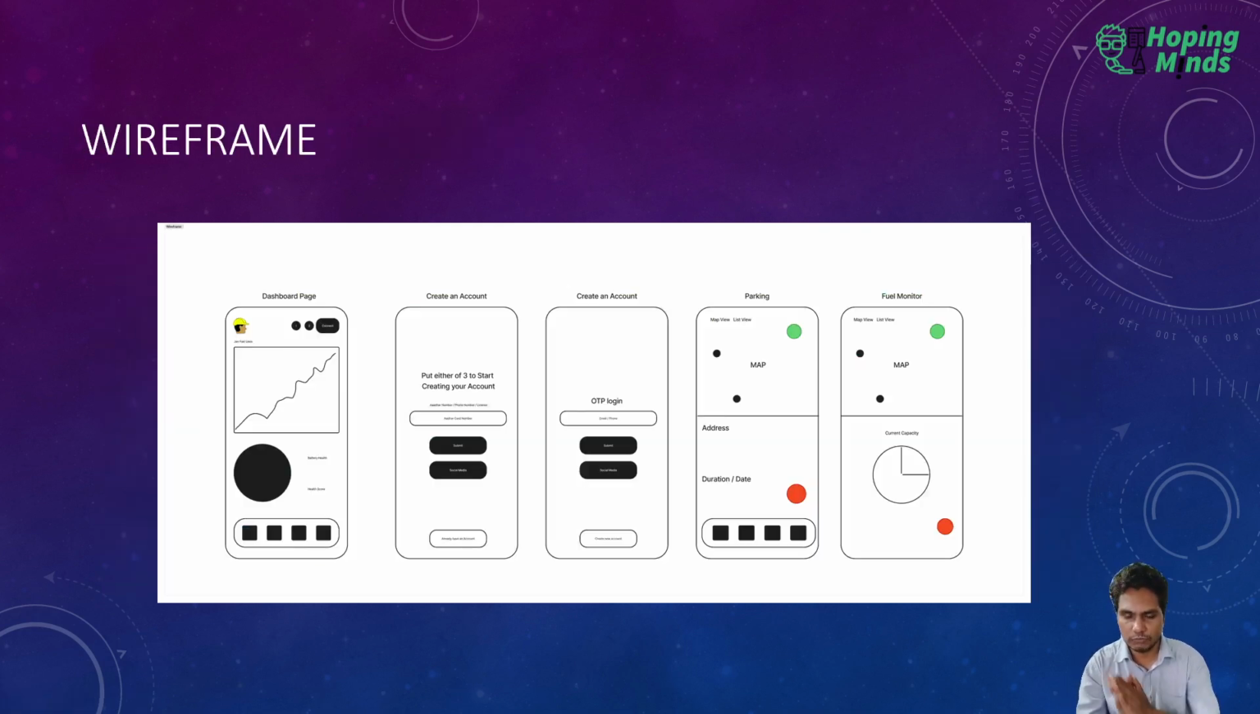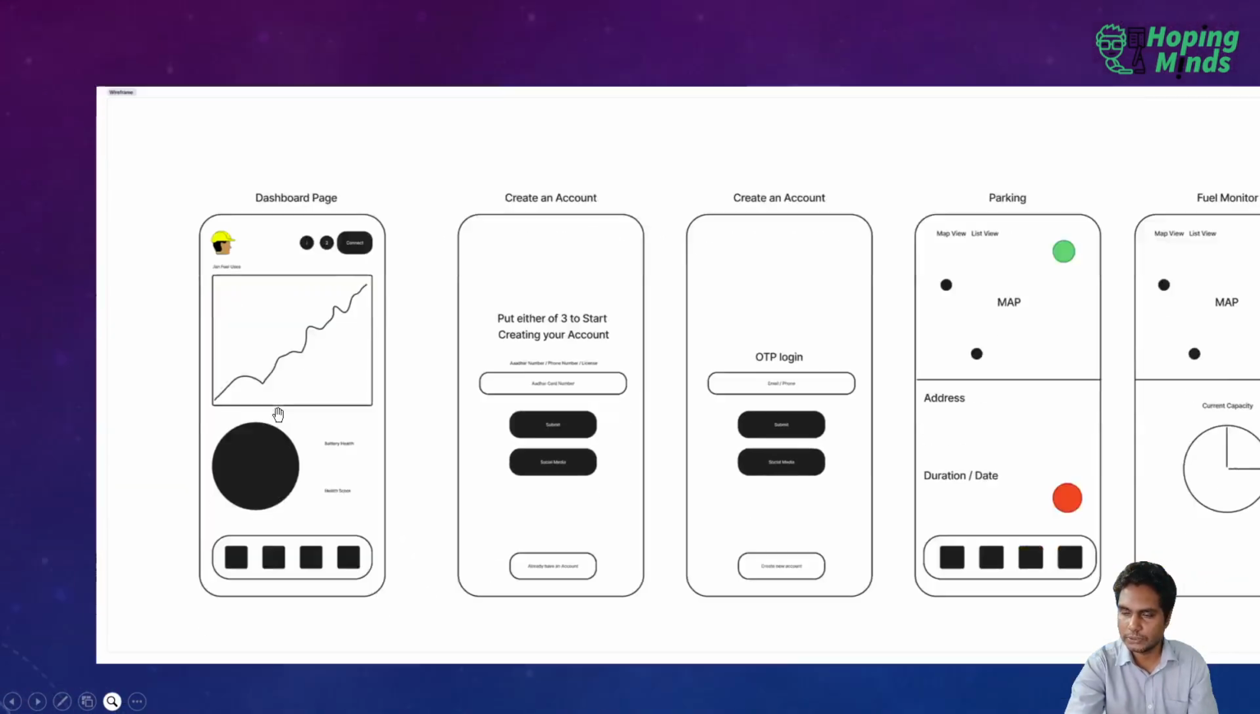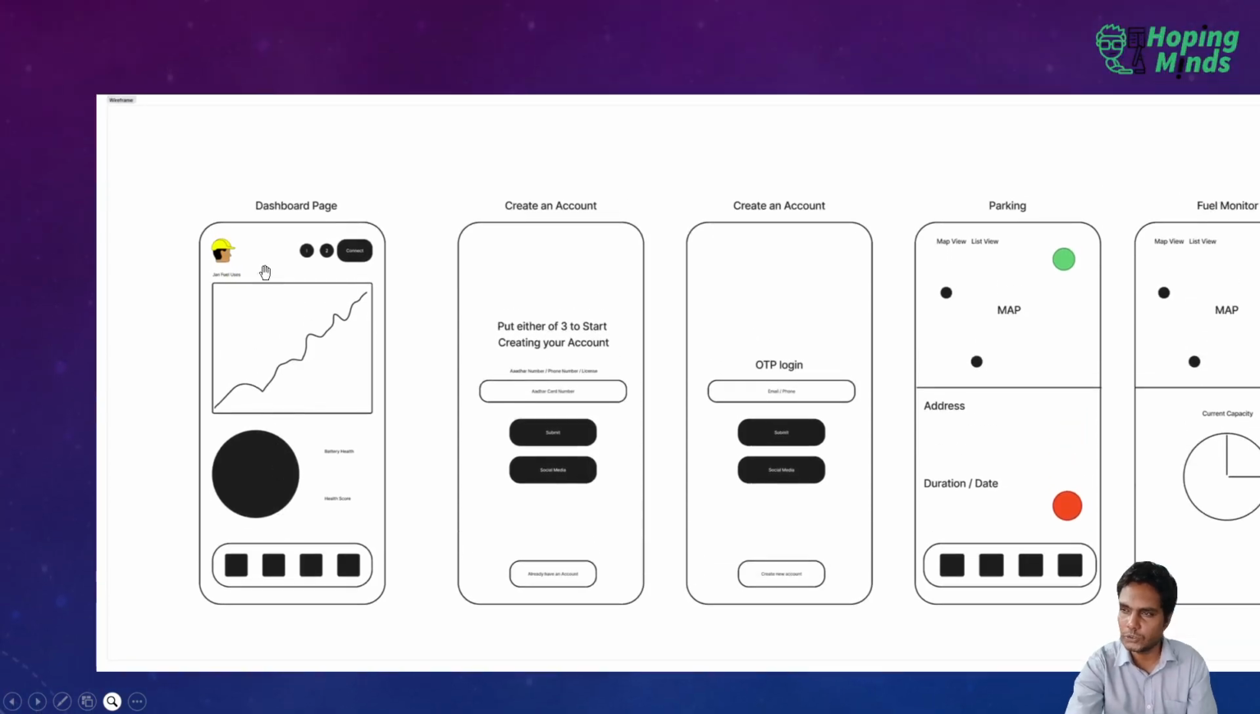Wireframe. After you have done the competitive analysis and you have done your solution, you can come up with a wireframe. I have done this wireframe on Figma. I could have done it on paper. I have not shown it here, but I did it on FigJam, and I think this could help me. So, dashboard visualization, wherein I'm able to see